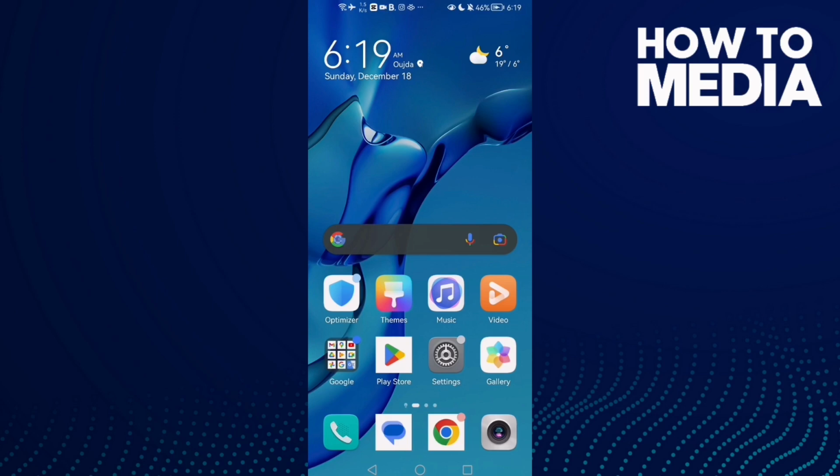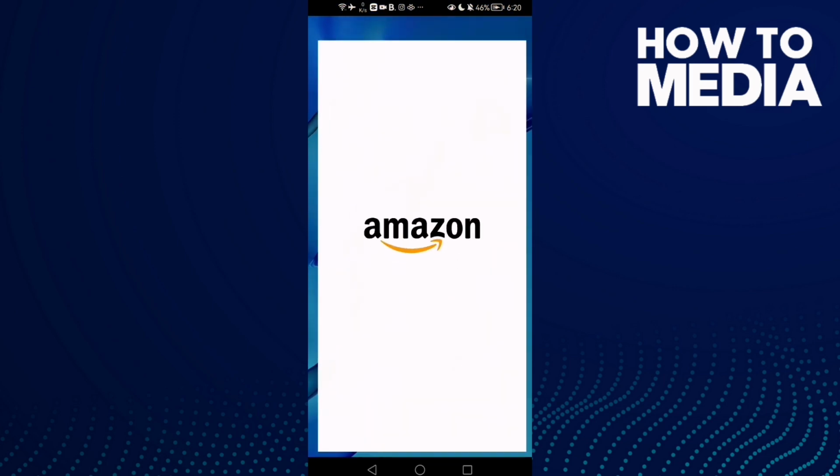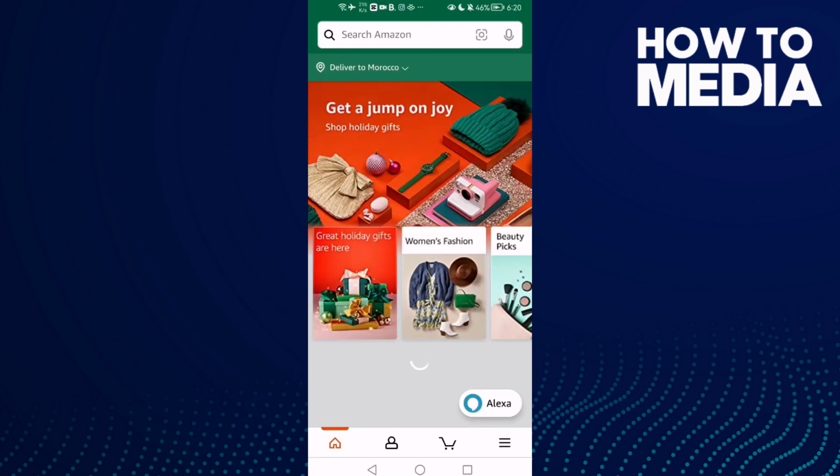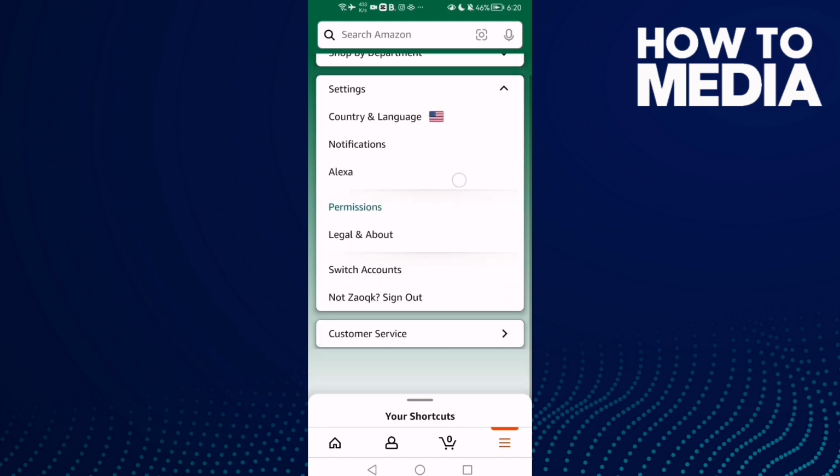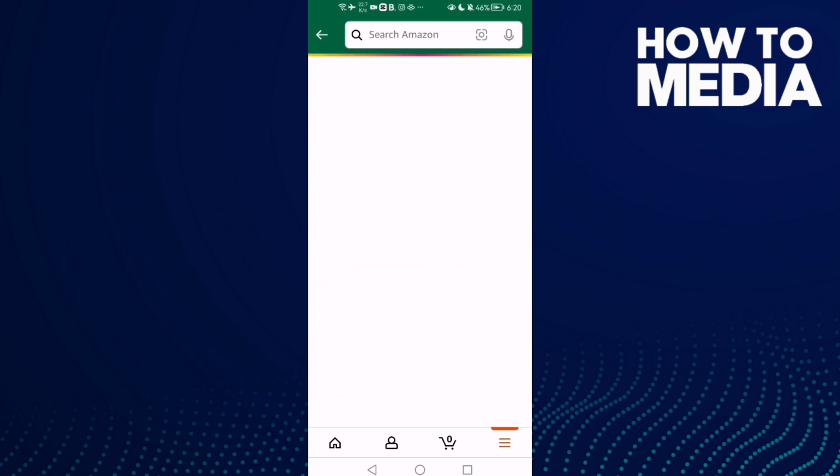How to turn off or on "Made for You" on Amazon Shopping on an Android or iOS phone. First, open Amazon Shopping, and now click these three lines here and then click Settings. Now click Permissions